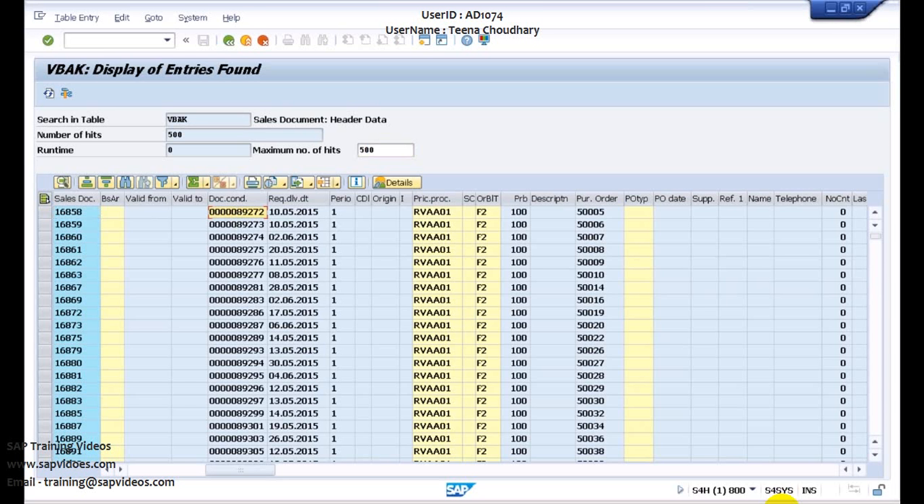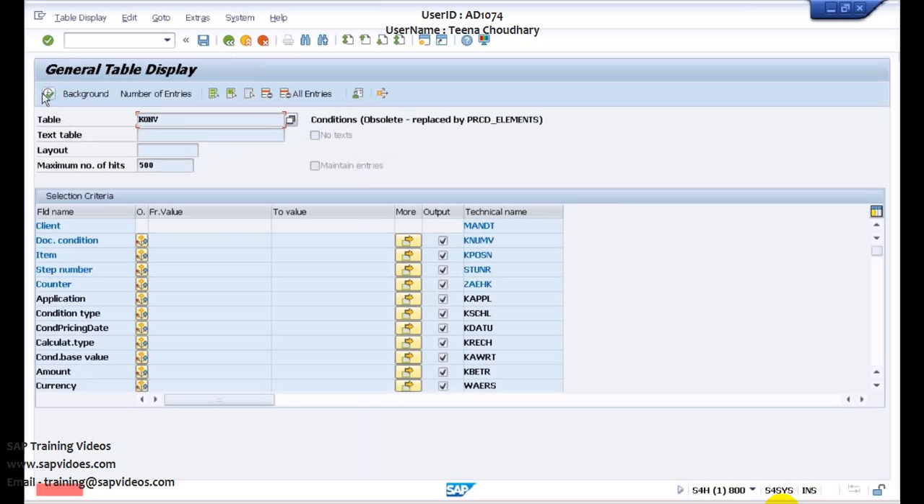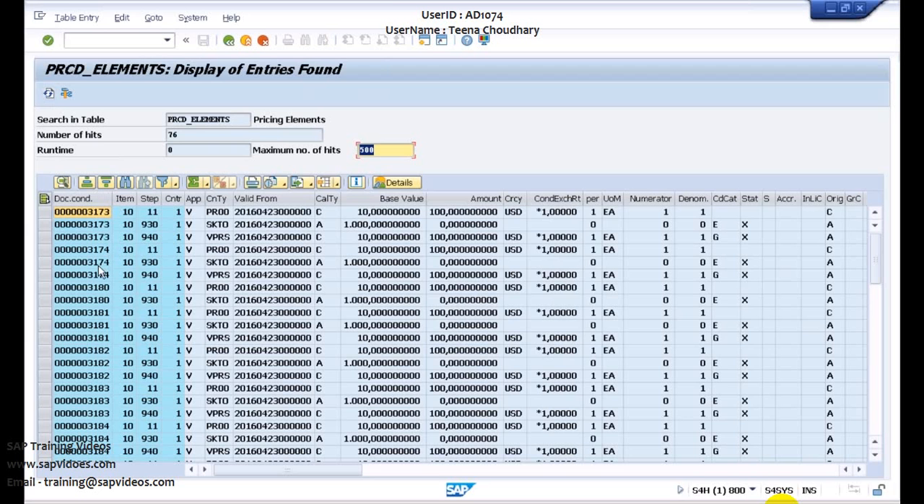Okay, so if I take this condition, or maybe this one, and go back to my KONV, you will not find anything. Even if I don't provide this, you will not find anything because this is not getting updated anymore. But if I change the table here to PRCD elements and execute this, you will find that all these conditions are available here. Whenever you post any document based upon these conditions, you will find that different condition types and the amounts are available per document. Okay, so